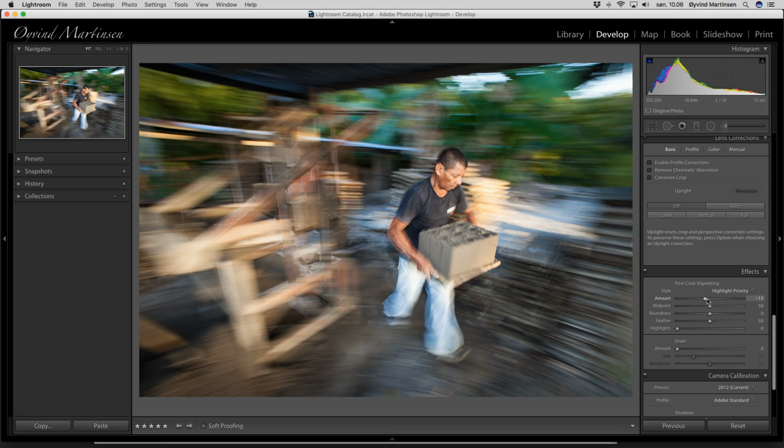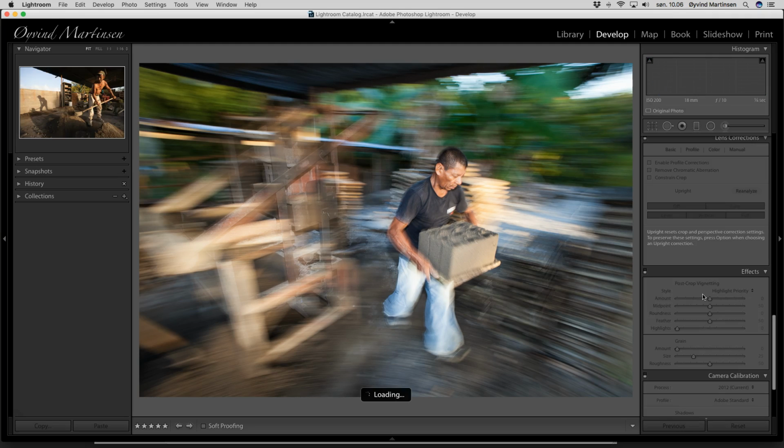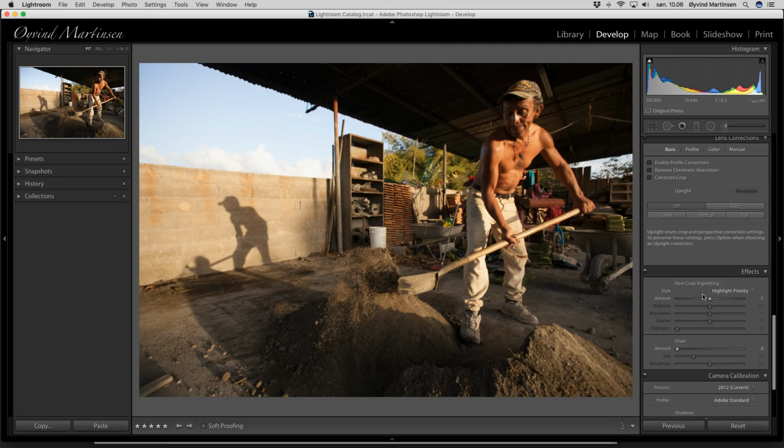So use this technique for documentary or wildlife, things that are moving. Set the flash on rear curtain sync and you get a very interesting effect. We have also been through this technique in the earlier weeks. Let's see here. The next image is from the same factory, another worker who is working with mixing sand